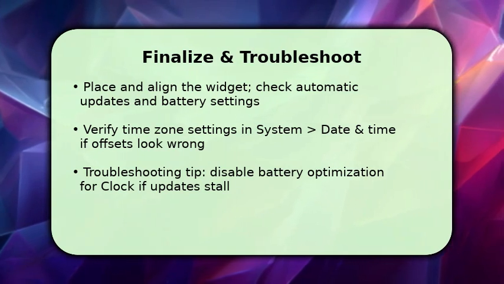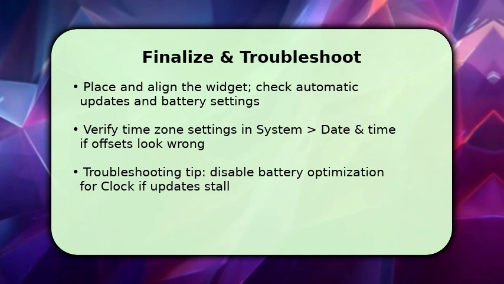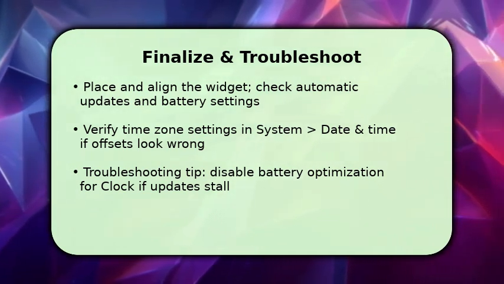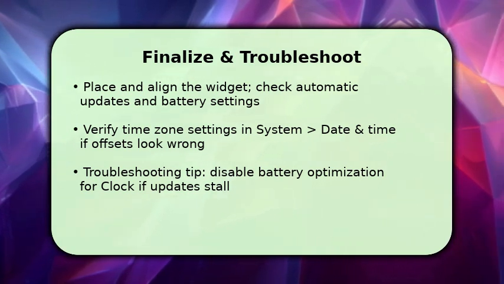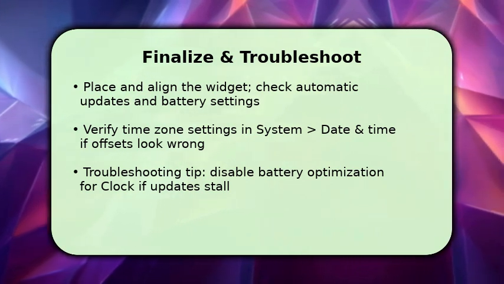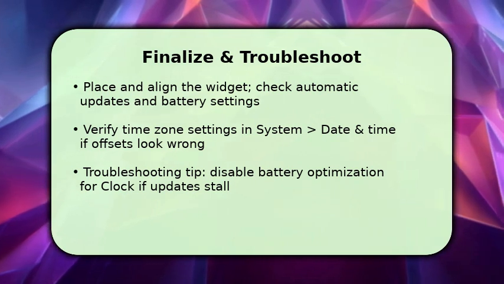Make sure automatic date and time and the correct time zone are set in system date and time so offsets are accurate. If times don't refresh, check Clock app permissions and disable battery optimization for the clock or widget host. Aggressive power saving can pause updates. Once done, tap the widget to confirm city times update. If problems persist, restart the